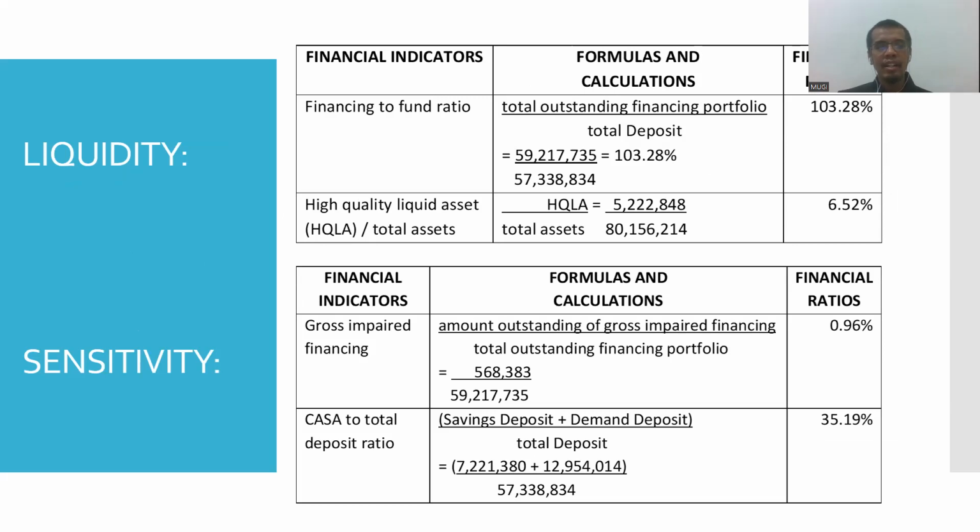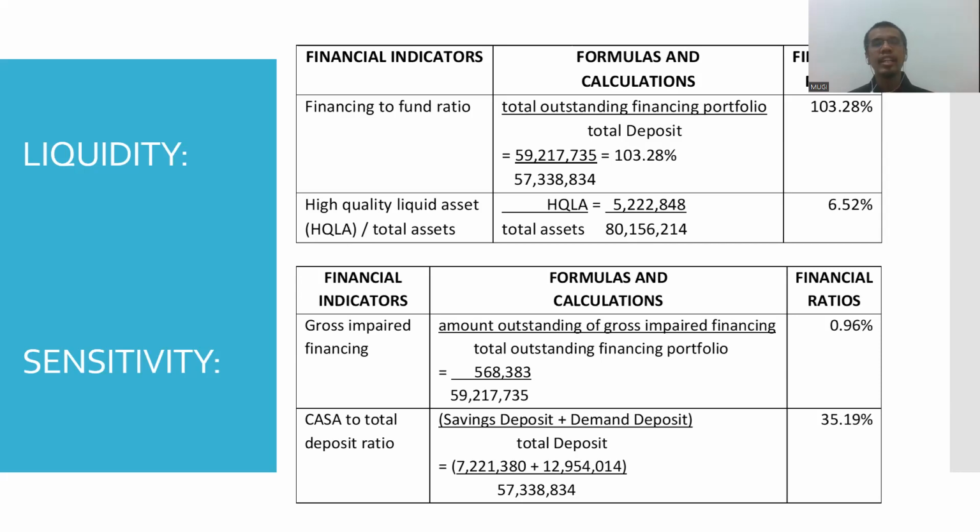First, the financing to fund ratio. The formula is total outstanding financing portfolio divided by the total deposit. From the financial statement, we get the total outstanding financing of 59.2 and the total deposit of 57.3. So the financial ratio is